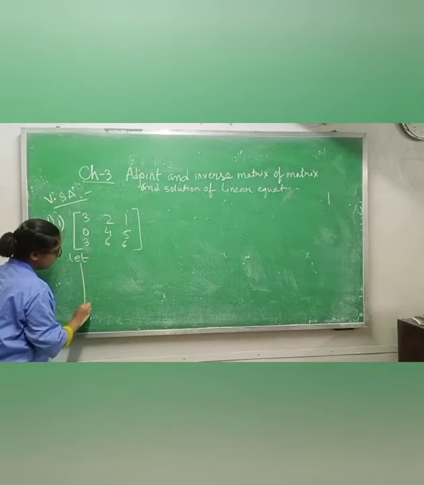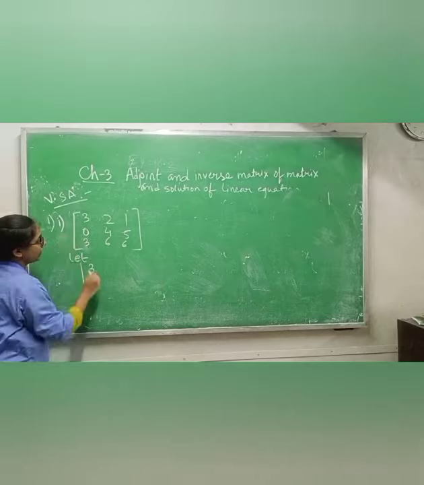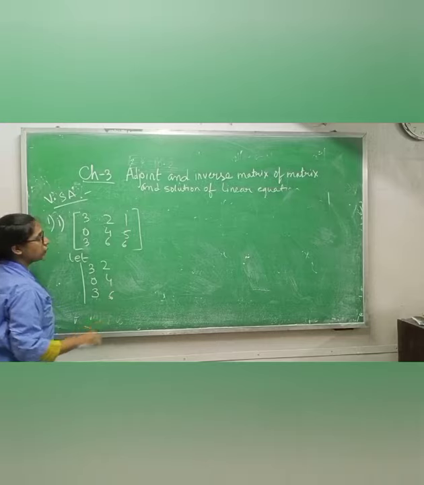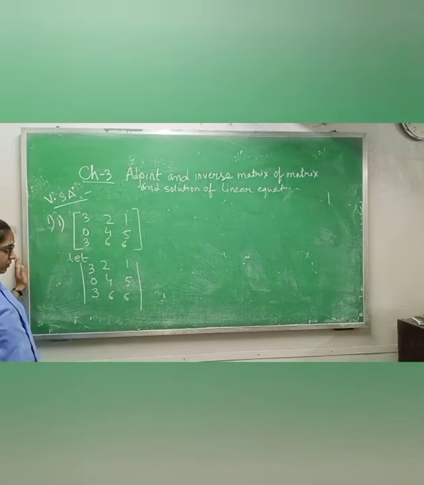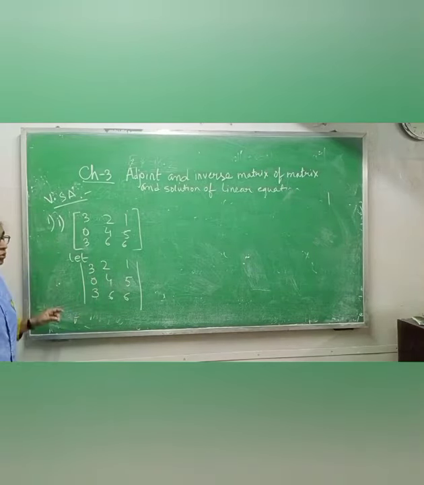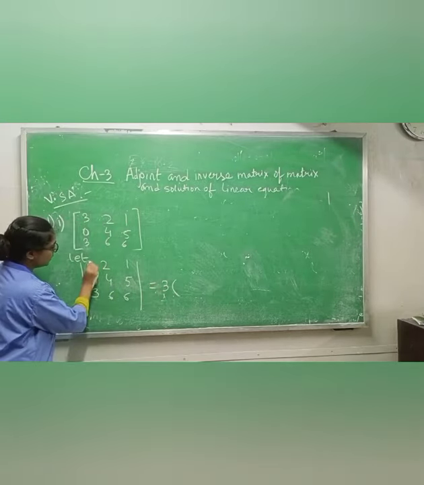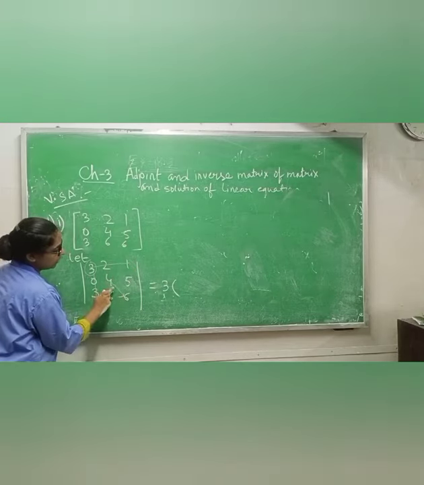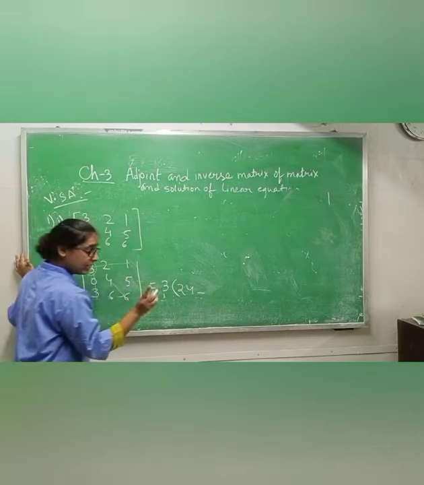So let this one equal to this, means I am just removing the matrix sign box and giving the determinant. After that you have to find the determinant. See, you have to find the determinant using any row or any column. I am doing it using this row. So I will write 3 first. Now I have written 3, I will not see this row and this column. After that we will multiply cross, 4 6 are 24. Then in between you have to give a minus sign, it is compulsory.